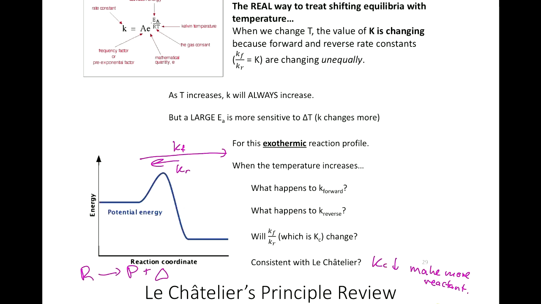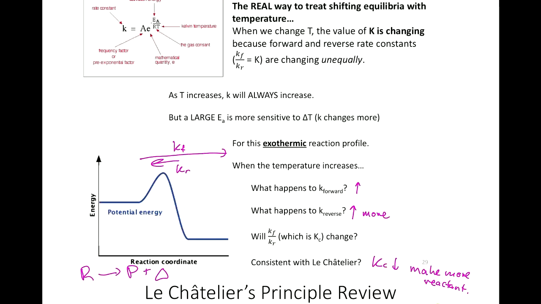So when we heat up the reaction, the forward rate constant increases. When we heat up the reaction, the reverse rate constant increases. But which one increases more? The forward or the reverse? Which one is already going slow? The reverse. So that one is going to get more out of that increase in energy. So the reverse reaction increases more,